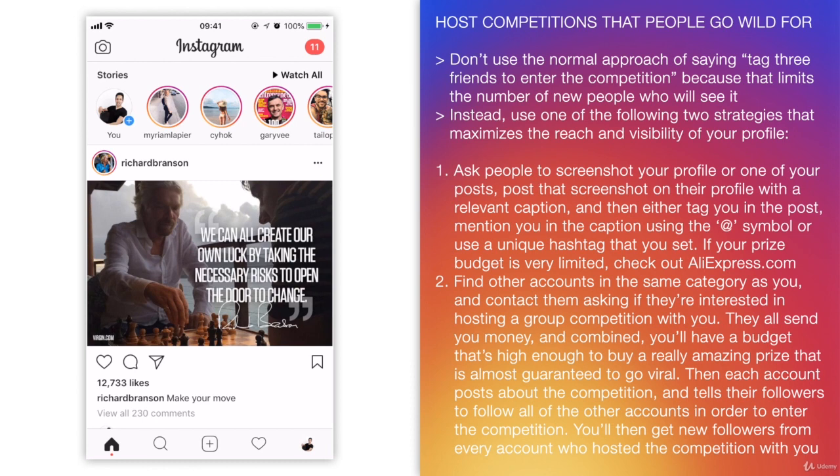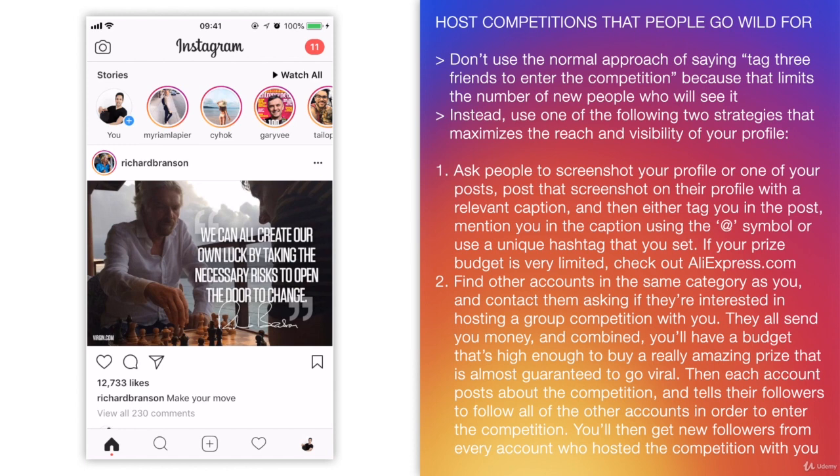Now, the reason why that's not very efficient is because you're only asking people to tag 2 friends. So the exposure you're getting per person is up to 2 people. And obviously you can ask them that you can comment more than once and tag more people. But even then, you're reliant on your followers just tagging a set number of people. So that's not very efficient because it limits your reach. So what you want to do instead is a strategy where you ask people to